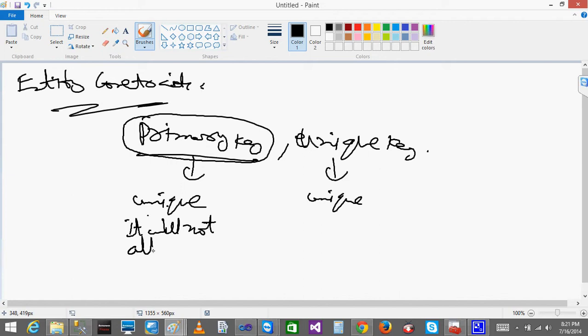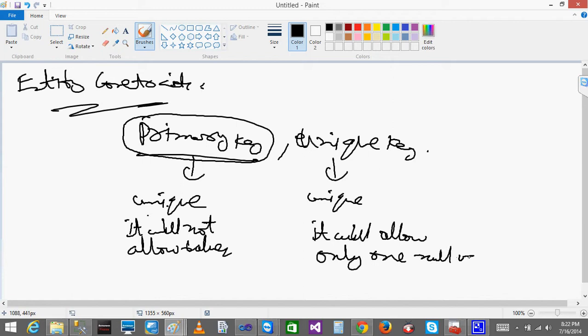Unique key means it will allow a null value, but only one null value. Next, when you declare the primary key, a clustered index is created automatically. Don't worry about the index, we are going to see it.